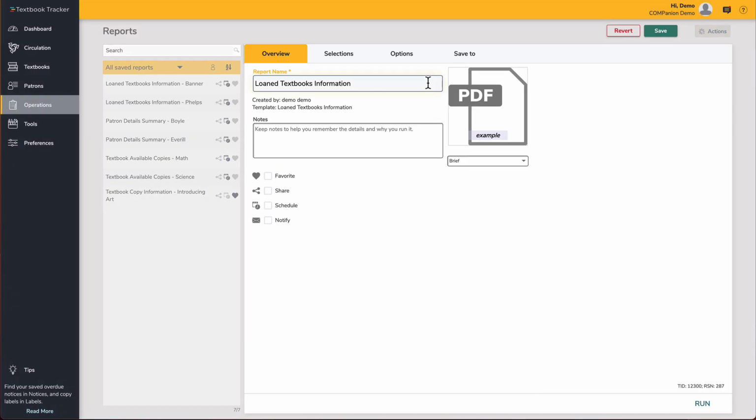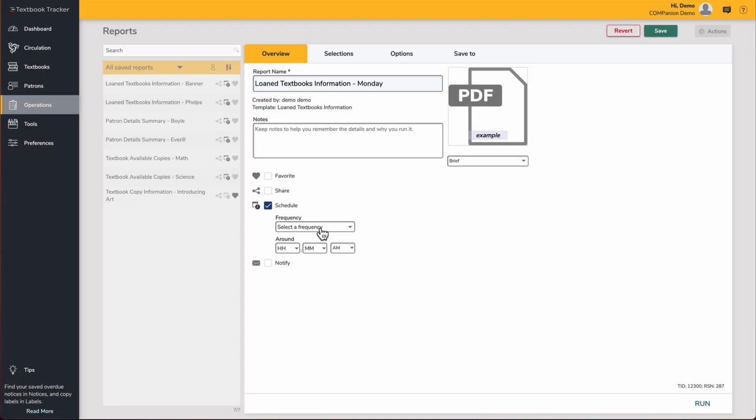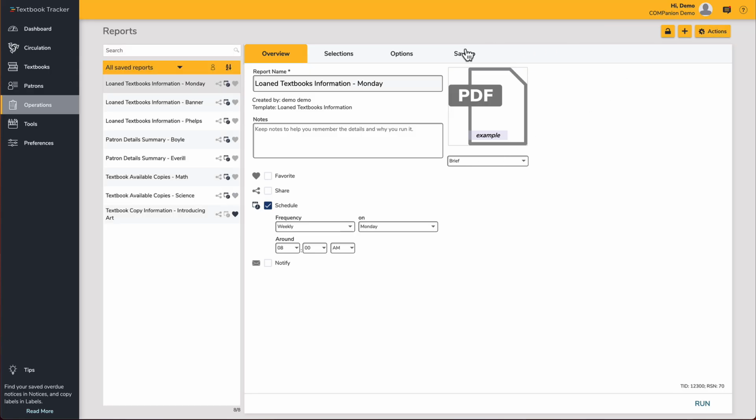On the Overview tab, you can customize your report name and add any usage notes about the report. You also have selections to Favorite, Share, for those of you in a centralized catalog, Schedule, and Notify. When scheduling the report, you have the option of the frequency and around what time you'd like the report to run. Check the Notify box if you want to enable email notification, sent upon report completion. You can choose to save your report here by clicking Save at the top right. This makes it so the report is listed in your saved reports, so you can easily find and run the